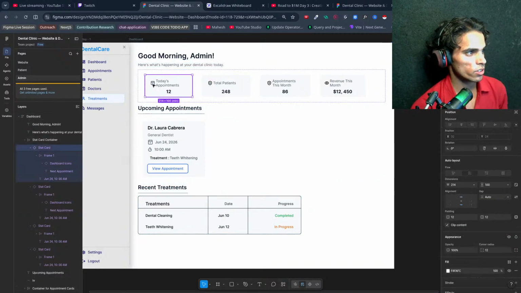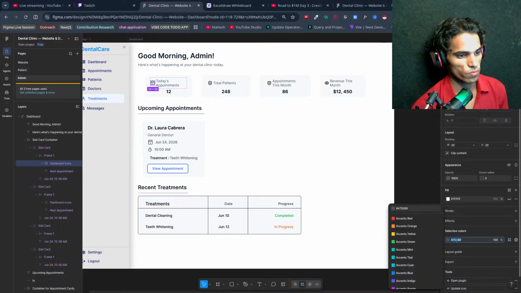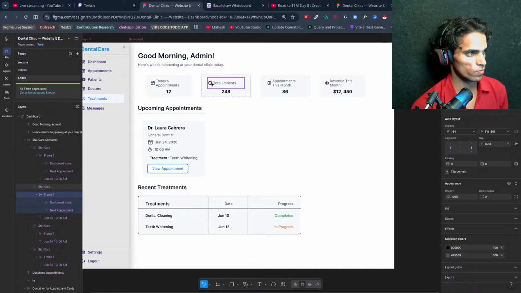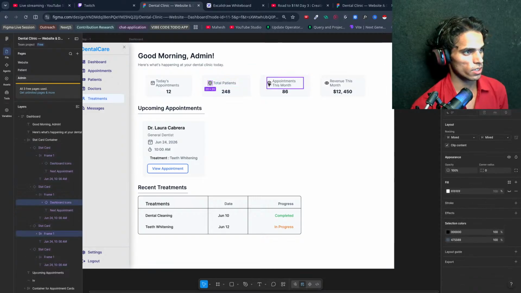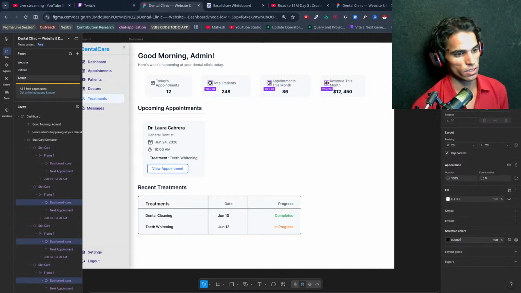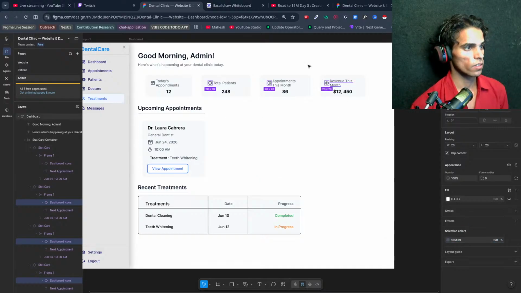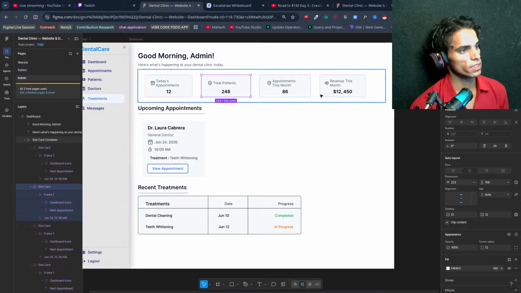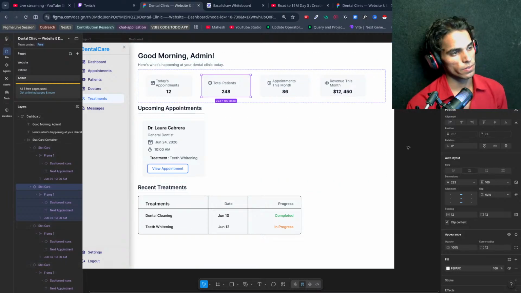I want to use the color from, okay, so let's select this also, and change its color to this. And now what we will do: total patients, again, appointments and revenue.